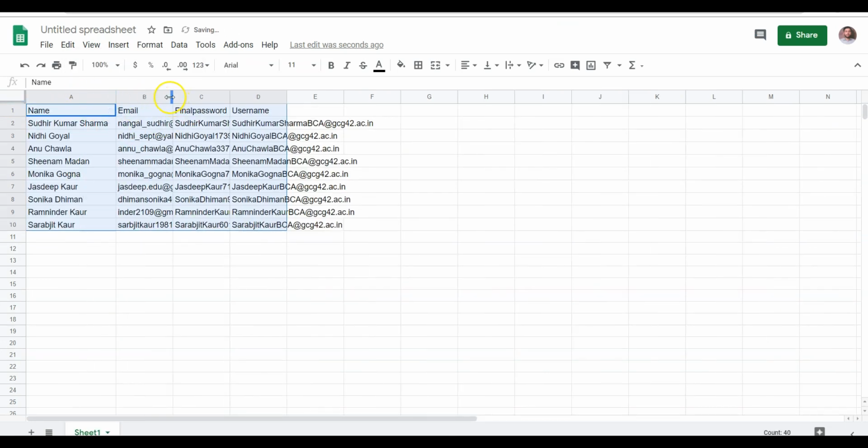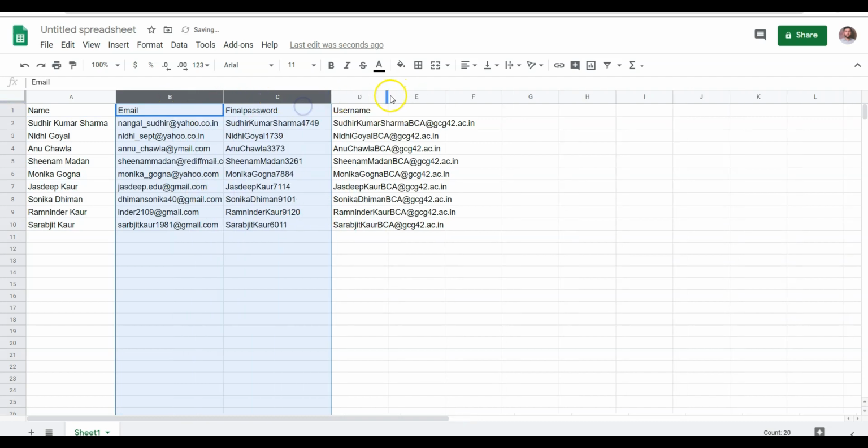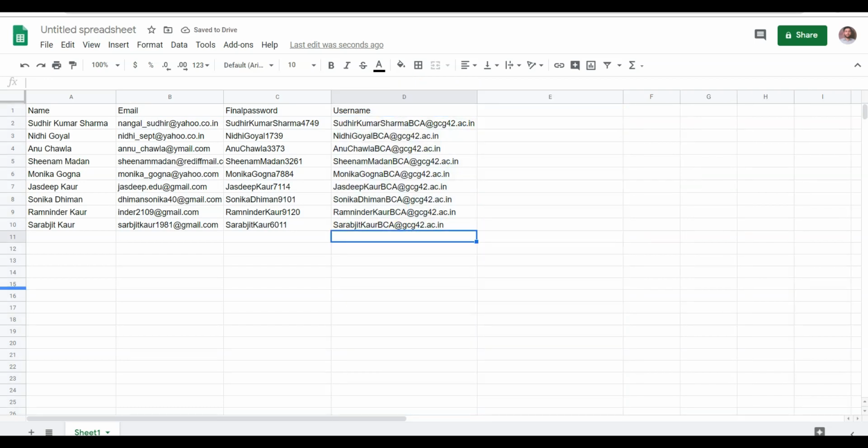So this is our Google Sheet. This sheet will be used to inform the users about their G Suite credentials. Now for this we are going to use a Google add-on, the add-on which has the name of Autocrat. Firstly we shall give a name to our sheet and fix the names of the columns of our Google Sheet.